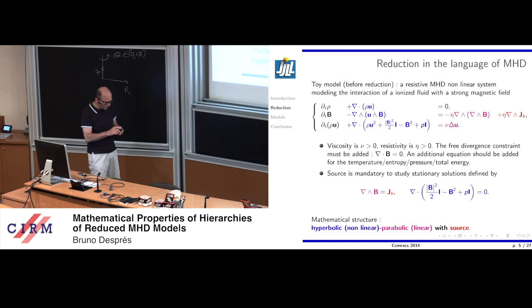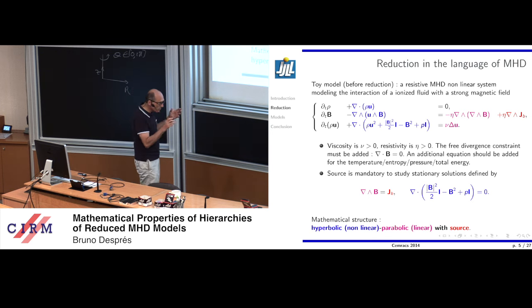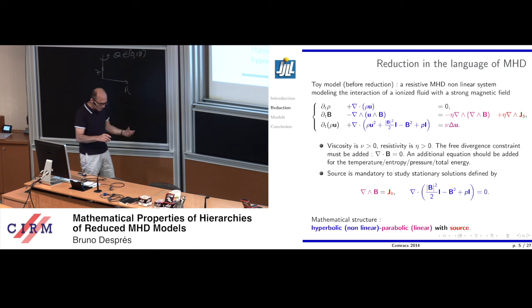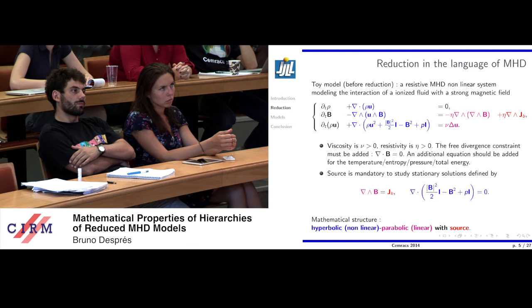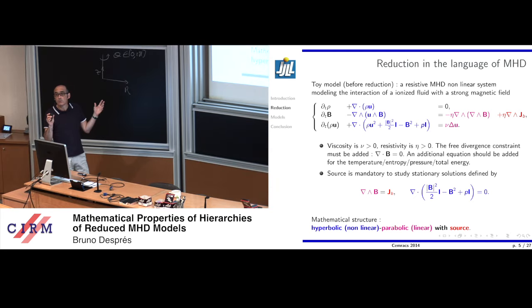So the first part, reduction. What does it mean to reduce? So actually, it's not physics, okay? So it is a mathematical game here. So I start with a model, and I assume this model is a good one. This is an assumption, an axiom. Of course, from the physical point of view, it's just wrong, but doesn't matter.